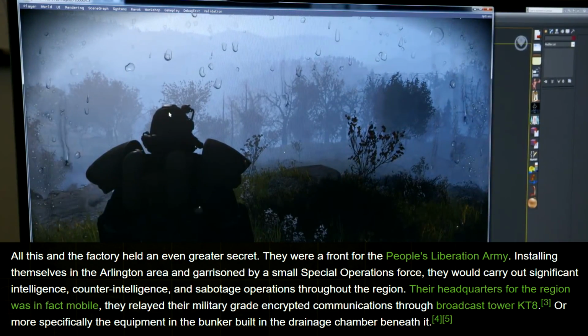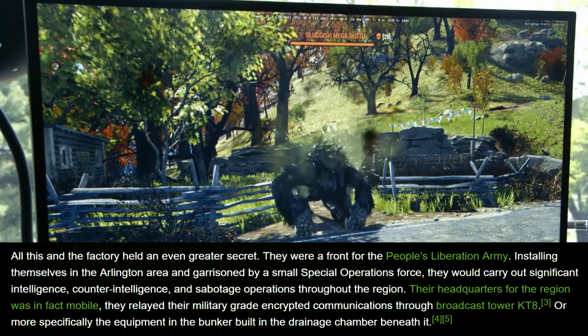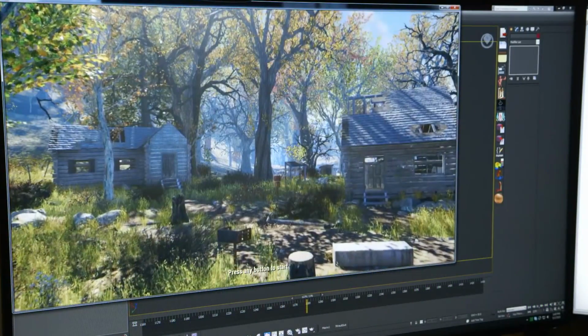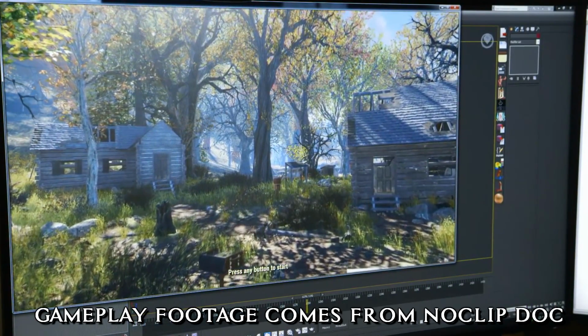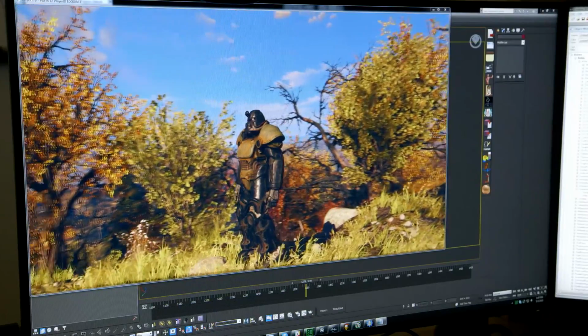Their headquarters for the region was in fact mobile. They relayed their military-grade encrypted communications through Broadcast Tower KT-8, or more specifically, the equipment in the bunker built in the drainage chamber beneath it. Pretty much the Chinese has used this company as a front to spy and do military operations on the United States. Once you actually do get close to this location in Fallout 3, the People's Republic of China radio will